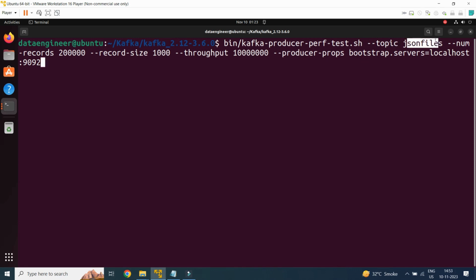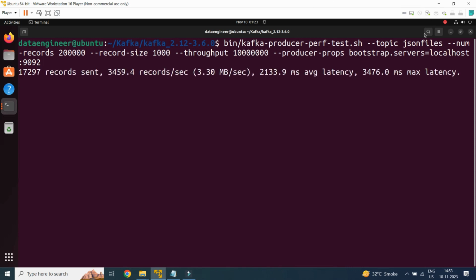The JSON files topic is already available, and we are going to insert 200k records into that topic with a record size of 1000 and a throughput of 1000k, and these are the parameters: producer properties, bootstrap server, localhost 9092. So automatically 200k records will be generated and sent to the topic JSON files.